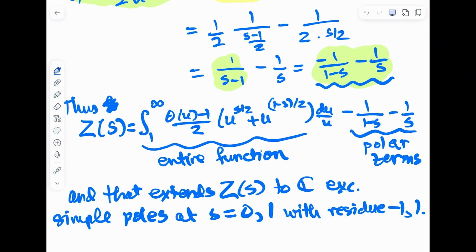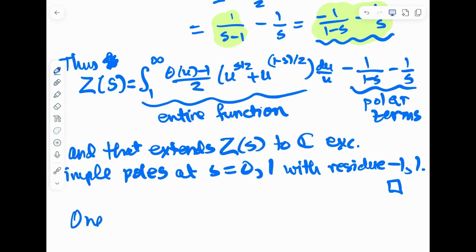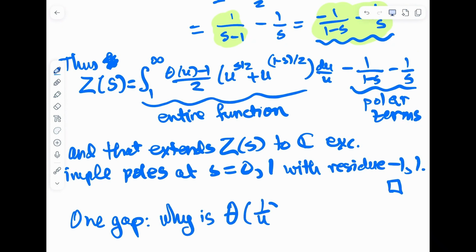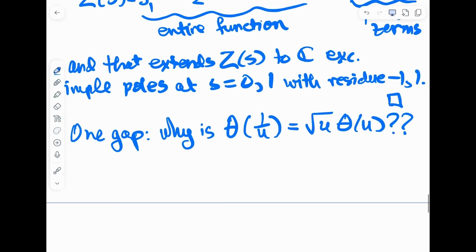That completes the analytic continuation up to one gap in the argument: why in the world does the theta function satisfy this property? That was the one step that we didn't explain. Any questions? Anything here? Nope. All right. So we have 6 minutes, so we're certainly not going to be able to go through the whole thing here, but the idea is,